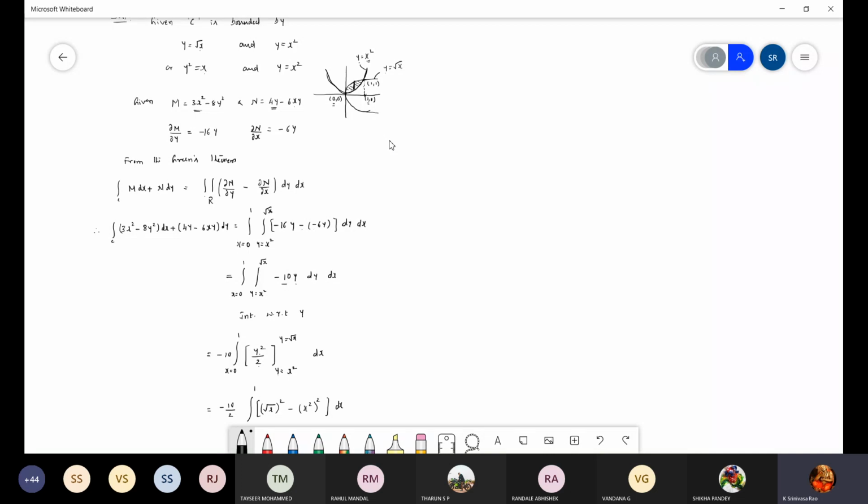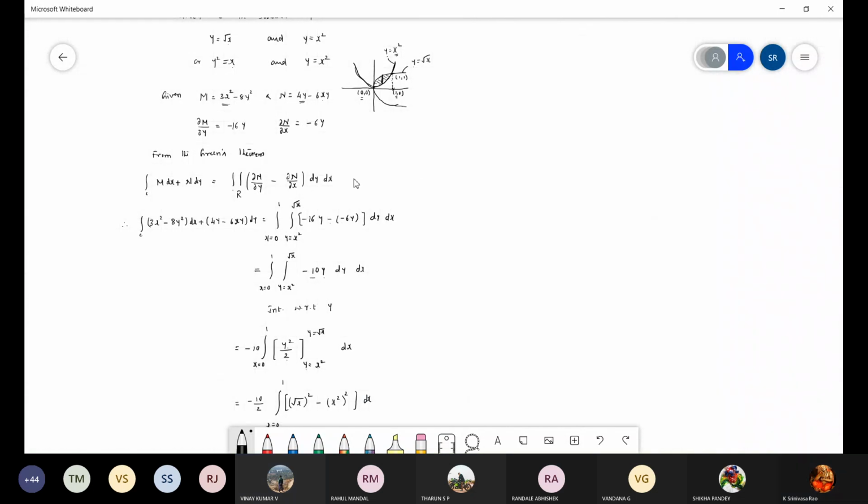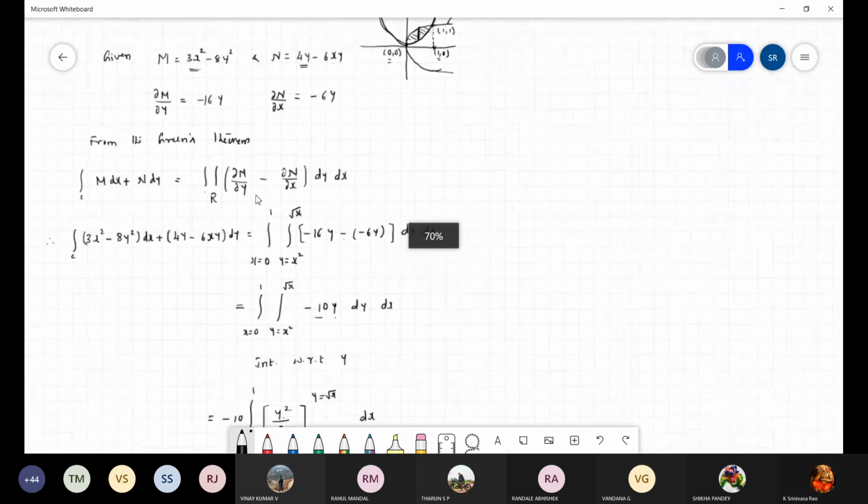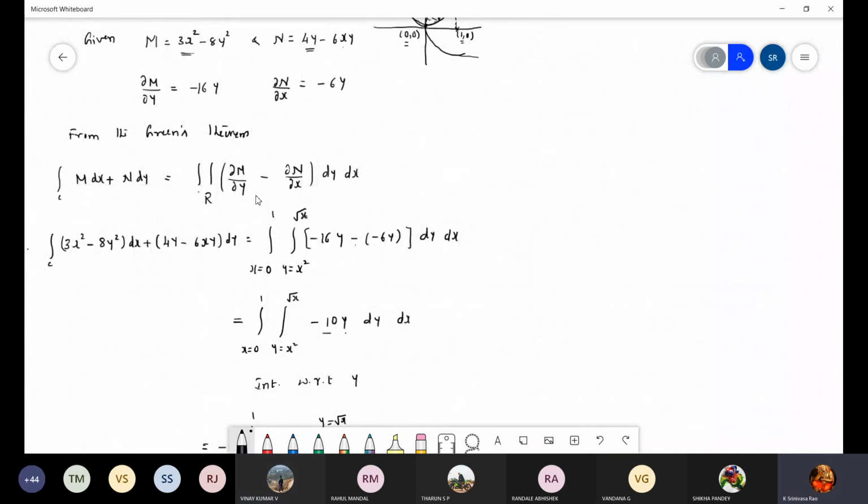Yes, another one. Any doubt? Sir, you have written the formula wrong. Which one? Where? Here. Yes sir. Dou m by dou y minus dou n by dou x only, no? Oh, sorry. Dou n by dou x. Yes sir. Now you are telling. See, nobody observed, no? This is dou n by dou x, the first. Then totally what happens? Positive. You will get positive. Okay. Dou n by dou x minus dou m by dou y.